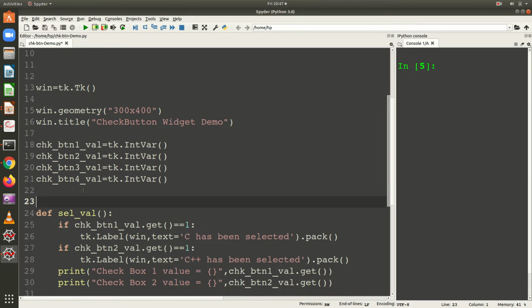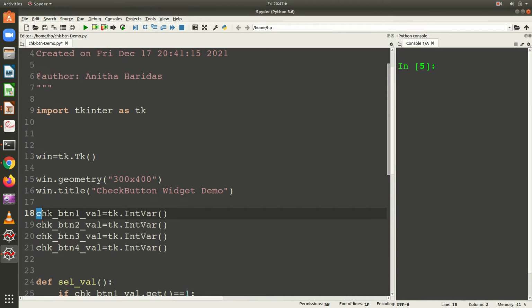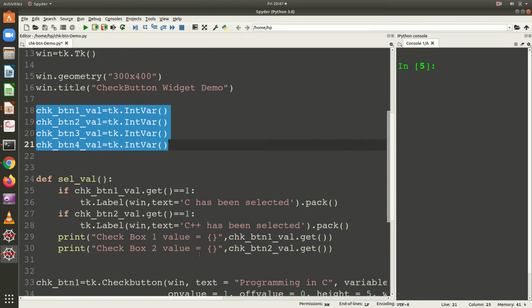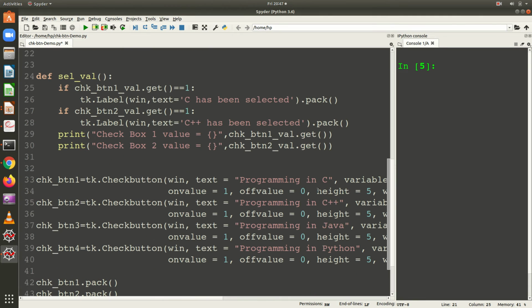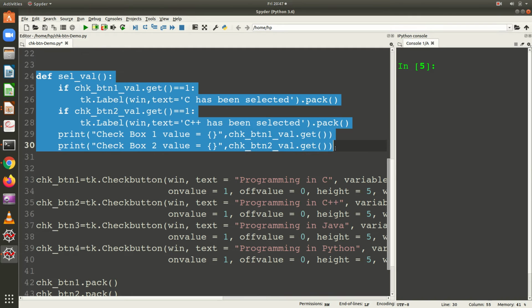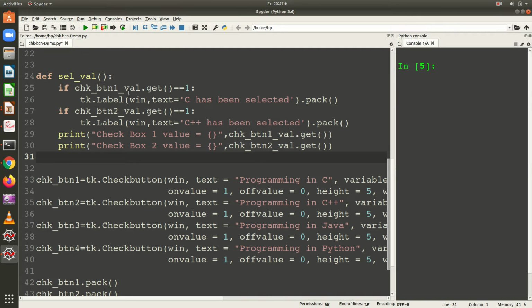I have 4 check button variables to associate with the check buttons. Then we had defined a function here. In the function, we are going to just get the value of the check button variable. If it is equal to 1, that means the check button is selected. So we just display a message like this in a label.